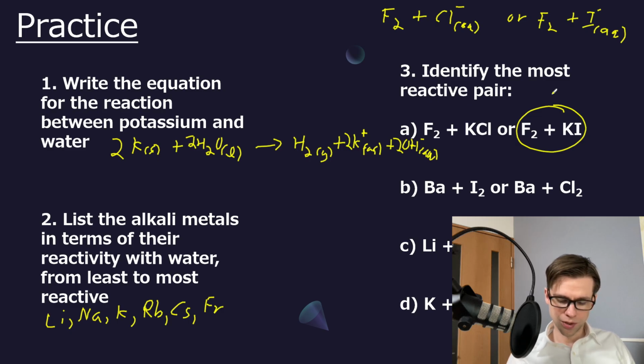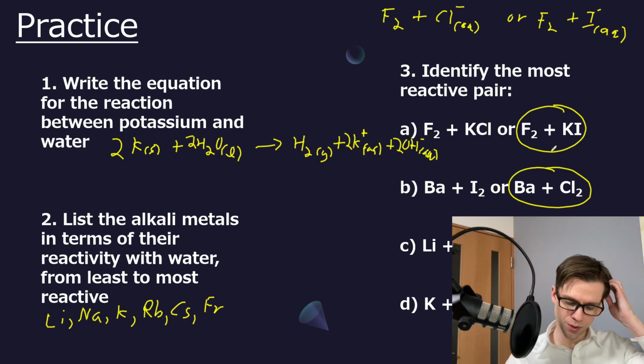So we want to go a similar approach here. This one, though, is a metal with a nonmetal halogen, pure element. So both of these reactions, I think, would also go. The halogen will take the electron. But the most reactive, again, it's going to be a combination of the lowest electronegativity on the metal, so it's going to lose its electron easily, combined with the greatest electronegativity, or the greatest electron affinity, on the nonmetal, on the halogen. So in this case, chlorine is more electronegative. It wants that electron from barium much more than iodine.